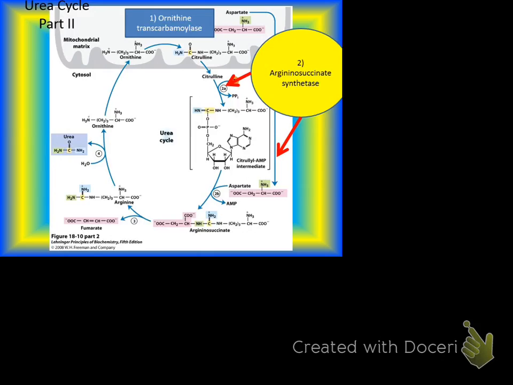Okay. Now, I really like the way that this book color codes everything because it makes it easier to see what's going on. In this color is the nitrogen, or one of the nitrogens, that we're trying to get rid of. And in the other color is the other nitrogen that's coming from above, so it originated from the aspartate. And then we have, in the light colored shading, something that's very, very important. It had been the body, the carbon backbone of the aspartate.